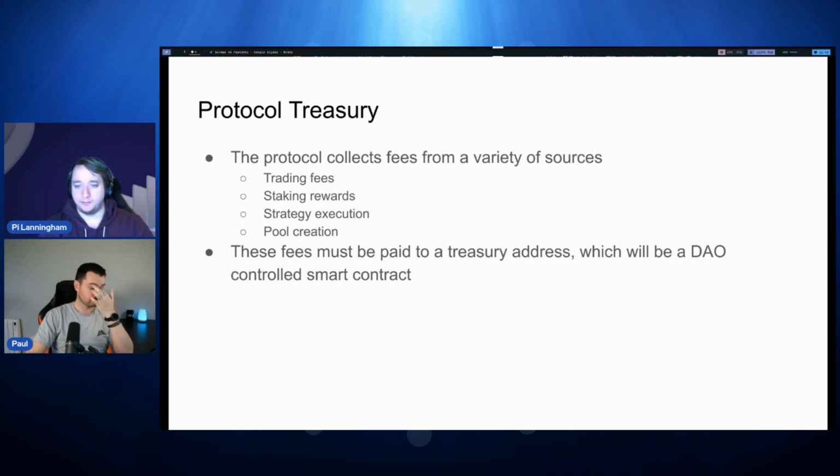All of these are first collected into a liquidity pool, and then the treasury administrator can withdraw those into the actual DAO-controlled treasury. And that's just an efficiency thing. You don't want to be paying 1 ADA at a time so that you have like 100,000 UTXOs that you have to collect up. It gathers them up, and then when it reaches, say, 10,000 ADA, you can pay that 10,000 ADA to the treasury. The treasury administrator can't actually do anything else with those funds. Asterisk, and we'll talk about the asterisk in a little bit.